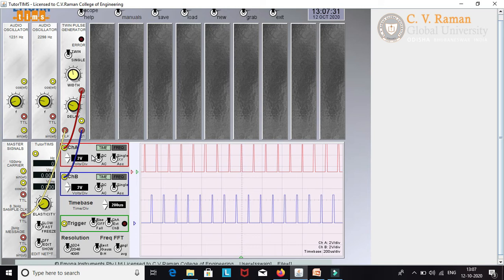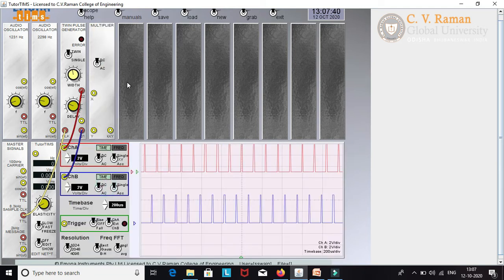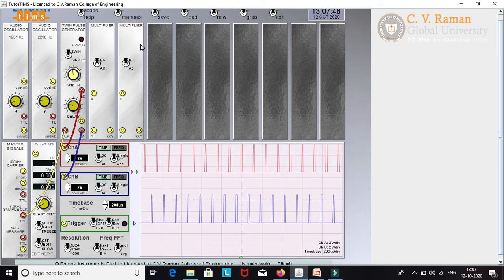My next task is to go for sampling. For sampling, I need two multipliers. Clear? So now I will be generating multiplier 1, and again I will be generating multiplier 2. Two identical multipliers I am generating here.